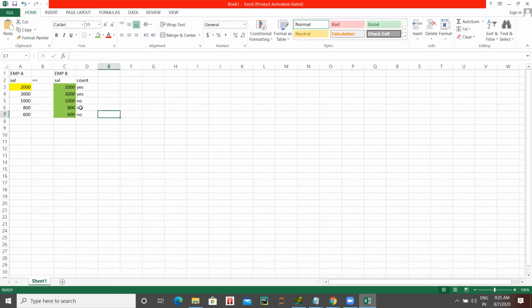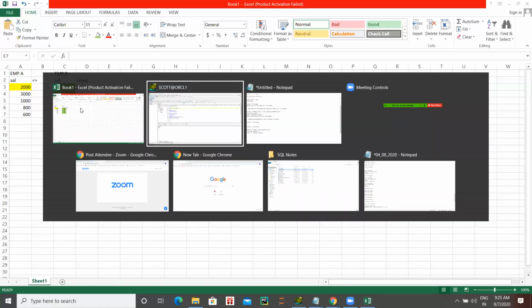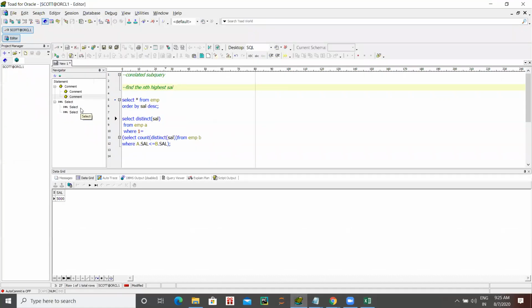Now go to your Toad. In this sub-query, you will get 2. So if you write 2 here instead of 1, now 2 equal to 2. That means this is your second highest salary, 2000.